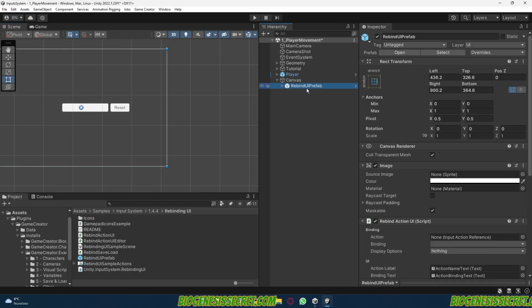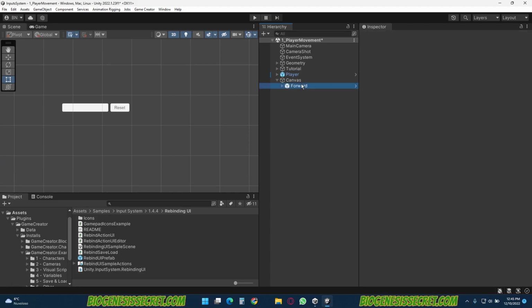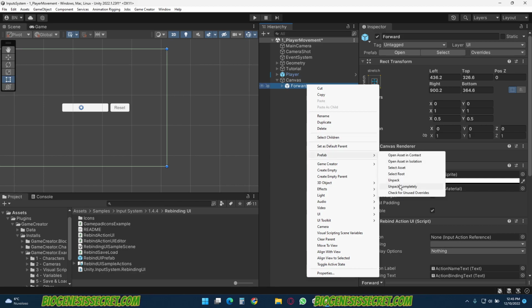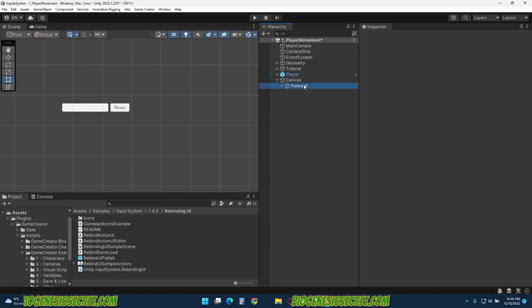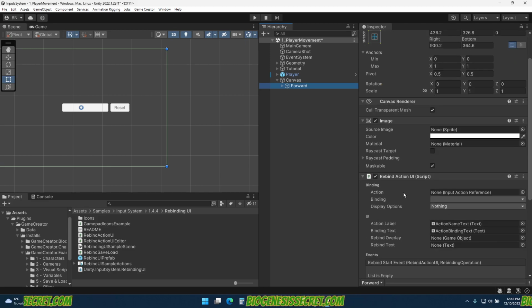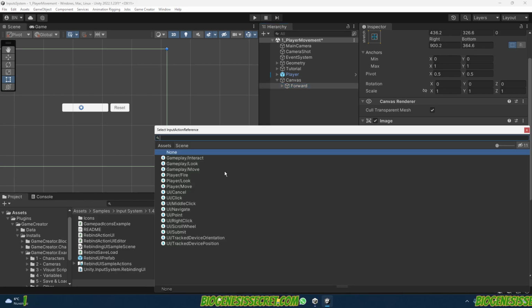This one we will call forward. Before we do any other change, we will unpack it, because otherwise we change the prefab and it's going to get annoying. Now on forward, over here in actions, I will choose the default one, which is this,